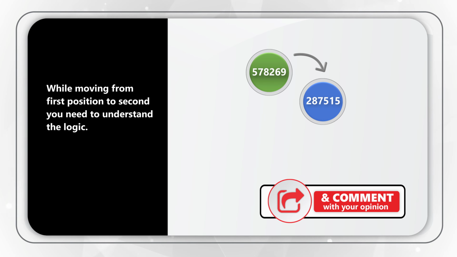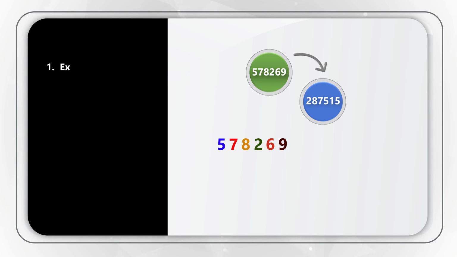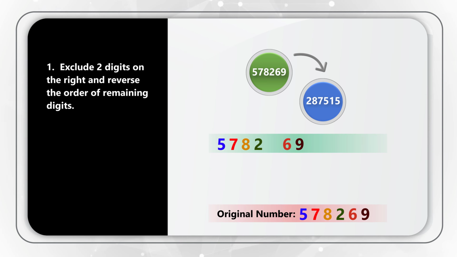As you might have suspected, the colors are not used in the pattern, and they're there just to deceive you. Only numbers are important. And to complete the transformational pattern, we need to do it in 3 steps. Step 1. We need to exclude 2 digits on the right and reverse the order of the remaining digits. For example, the original number is 5782 and then 2 digits 69. We separate 69 and then reverse the order, and the number becomes 2875, and then we do the remaining calculations with the